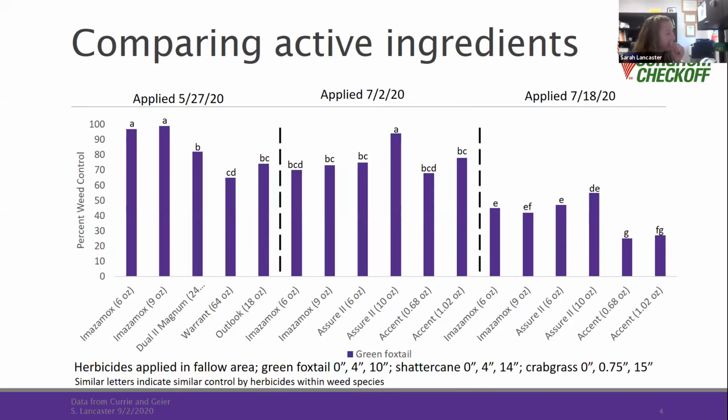The first weed that I pulled out here is green foxtail. Some things to look at: the imazamox, so that Imiflex, was providing better foxtail control than some of those group 15 products that we might currently be using. When we look at that early post application time, a timely application, 10 ounces of Assure, so that would be a higher rate of the product to be used in the Double Team sorghum, was the best